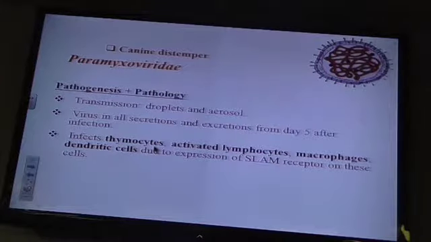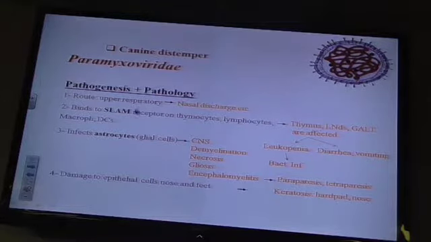Now, in terms of transmission, the transmission is mainly respiratory, by aerosols. The virus is present in secretions and excretions, and as I said, it infects not only lymphocytes but also macrophages and dendritic cells. So let's recap. It enters the respiratory tract, causing nasal discharge and difficulty in breathing, and if complicated with bacterial infection, mucopurulent discharge. It binds to SLAM receptors on lymphocytes. When it's present in the blood,